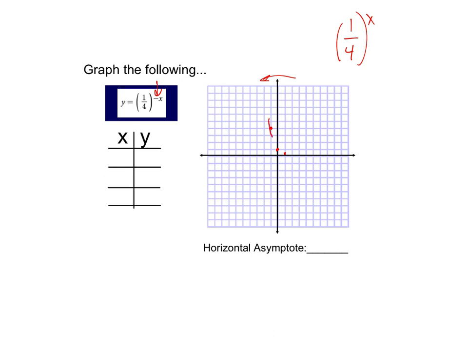So this would be the original graph, a little exponential decay there. Again, there is no vertical translation, so our asymptote is still at y equals 0. Now, the 1/4 to the negative x, again, being this horizontal reflection over the y-axis here,